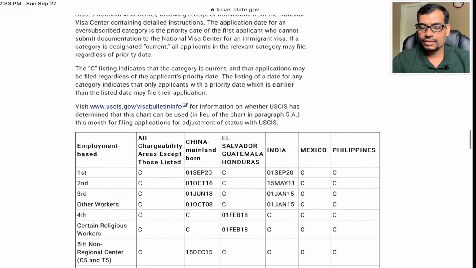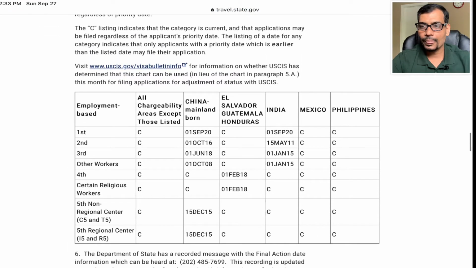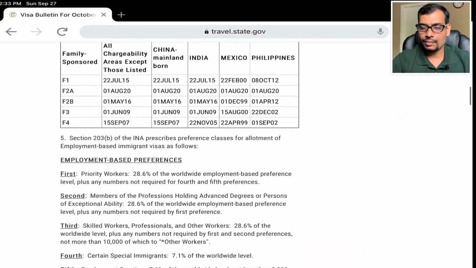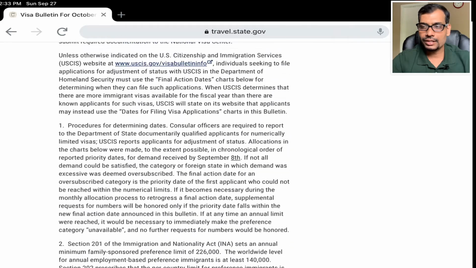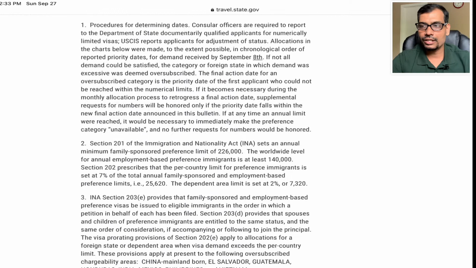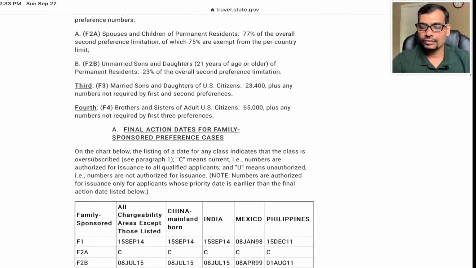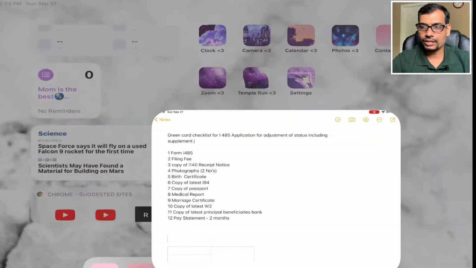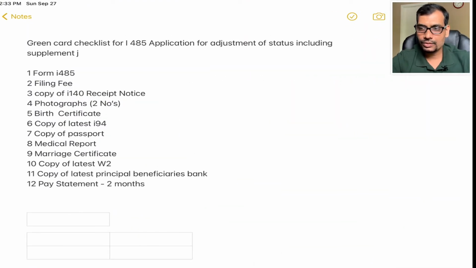So this is the way you can look for the dates, and when your date is ready or available to file, the next step is to start looking for the forms that you need to fill. I will walk you through the various forms. The first form is I-485, which you need to file.